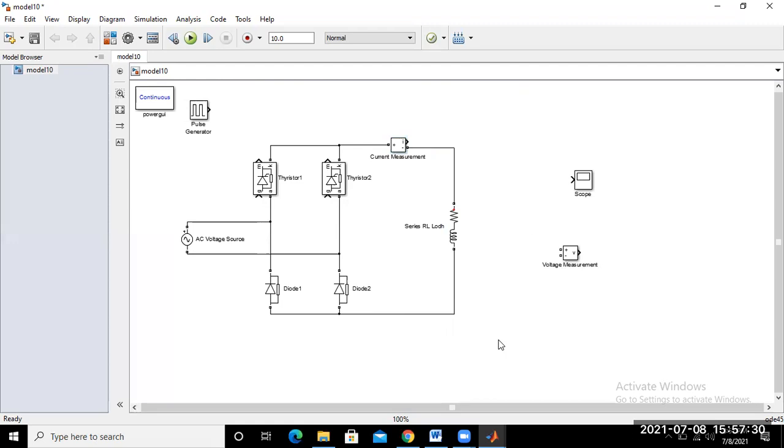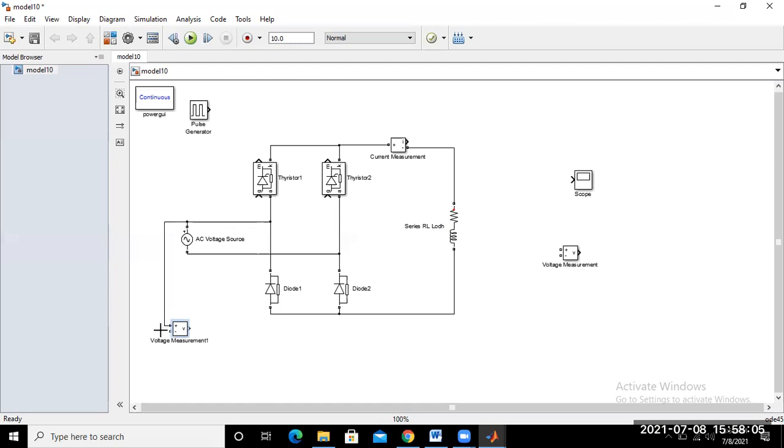Now, a voltmeter should always be connected in parallel. I want to measure both the input voltage waveform variation and the output voltage variation. So just create one more voltmeter. That means one voltmeter connected with the input and one voltmeter connected with the output. Just connect this voltmeter to this point.